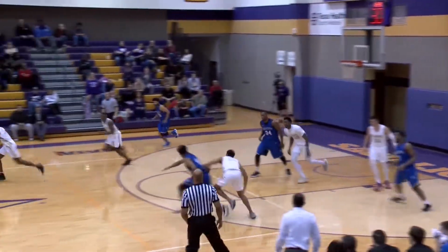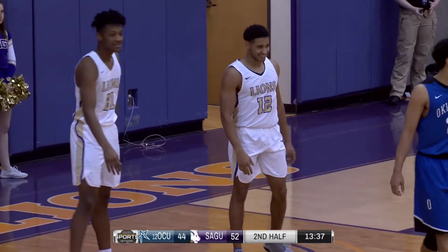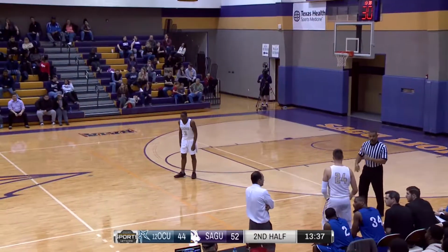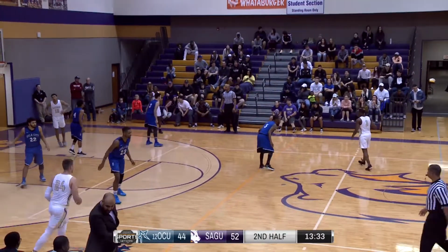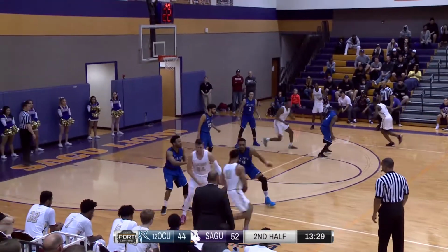Yeah. Well, they played really well all second half, and especially on the boards, really crashing on every shot, offensively and defensively. The important thing to note there is keeping OCU off the boards, which they did not do in the